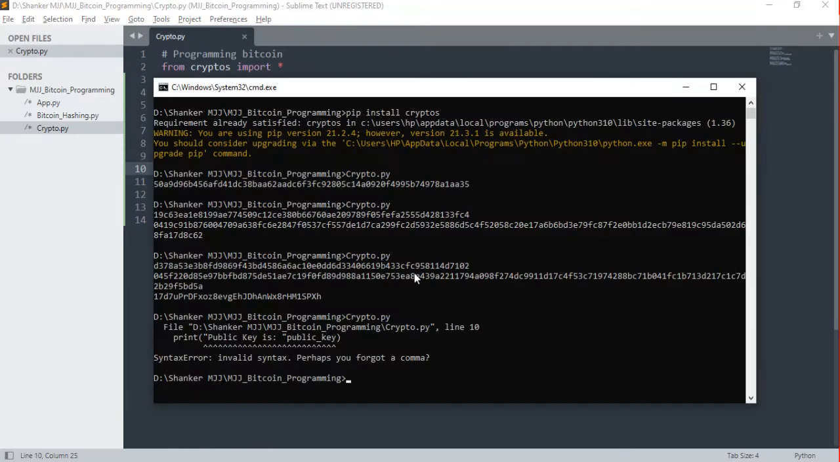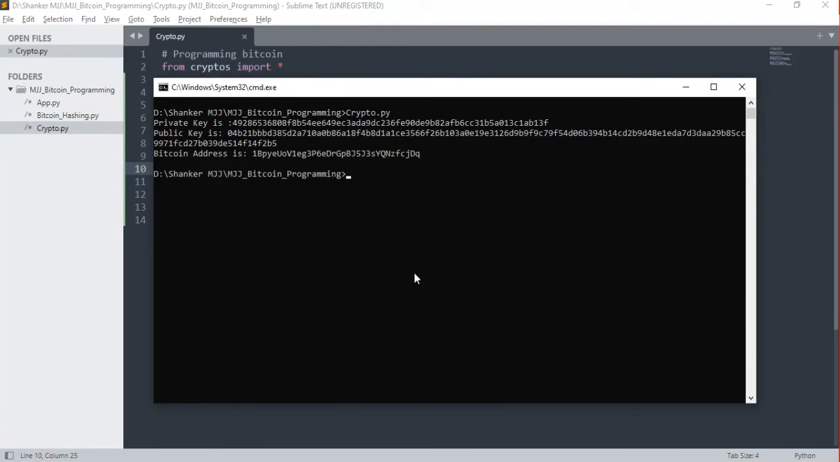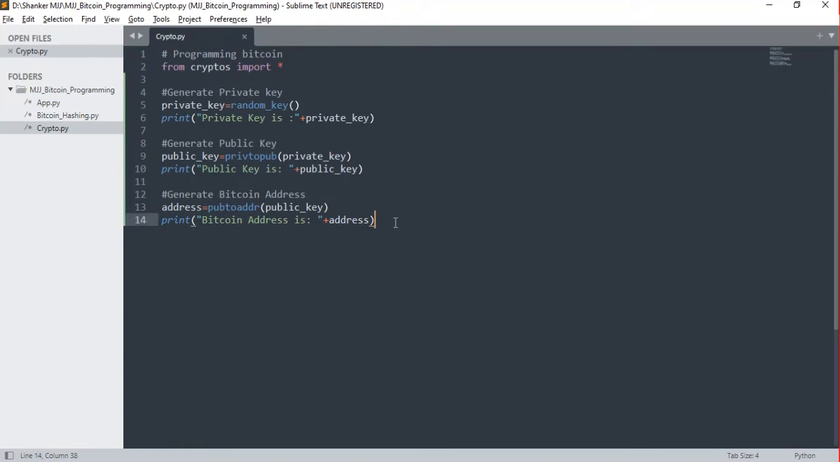Now look, I'm clearing the screen. Now you can see that yes, we got the private key, public key, and the Bitcoin address. Next, we have to generate a multi-signature. For this one, I'm commenting here. I'm talking about a